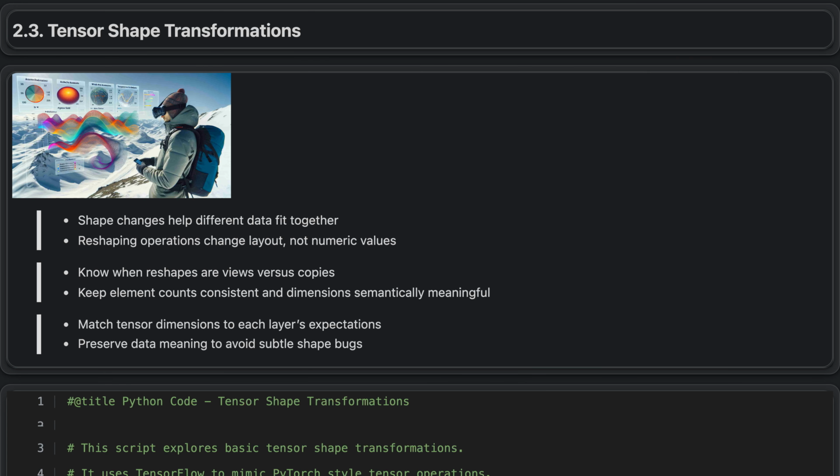Tensor shape transformations. When working with tensors, changing their shape is essential for organizing data efficiently in models. These transformations adjust how data is structured, such as turning an image into a single vector or rearranging dimensions for channels and time steps. Although the numerical values stay the same, reshaping, flattening, and expanding dimensions change how PyTorch interprets and processes the data. Understanding these operations is especially important for complex models that handle high-dimensional inputs like video or